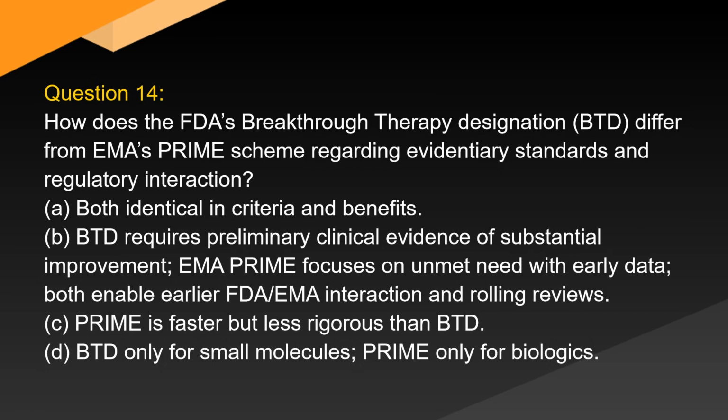Question 14. How does the FDA's Breakthrough Therapy Designation, BTD, differ from EMA's PRIME scheme regarding evidentiary standards and regulatory interaction? A. Both identical in criteria and benefits. B. BTD requires preliminary clinical evidence of substantial improvement. EMA PRIME focuses on unmet need with early data. Both enable earlier FDA-EMA interaction and rolling reviews. C. PRIME is faster but less rigorous than BTD. D. BTD only for small molecules,